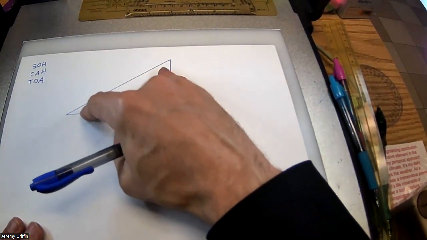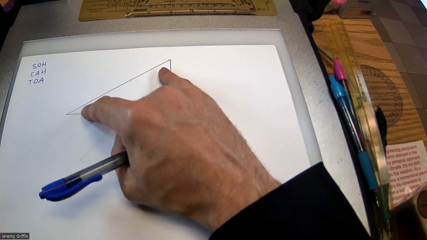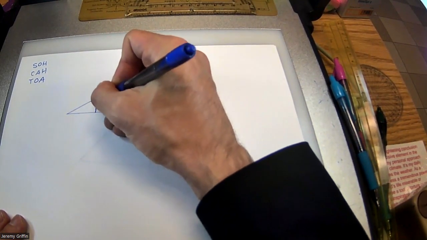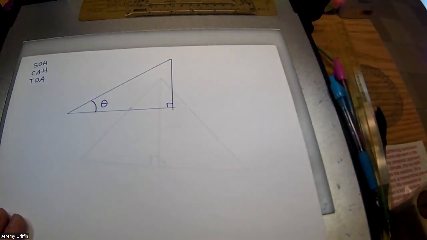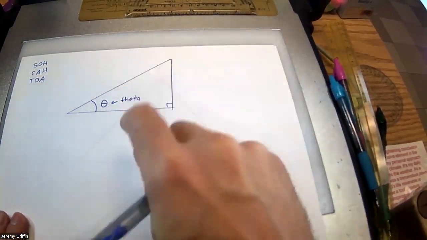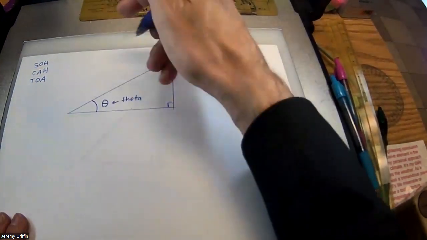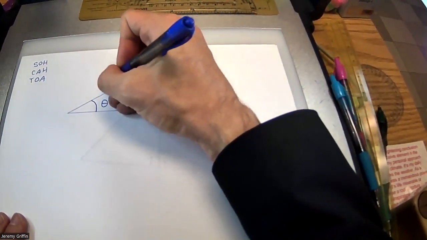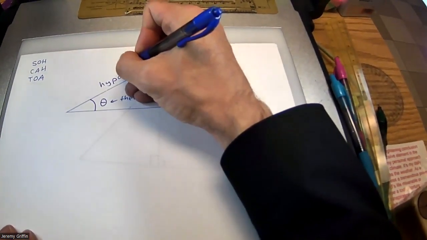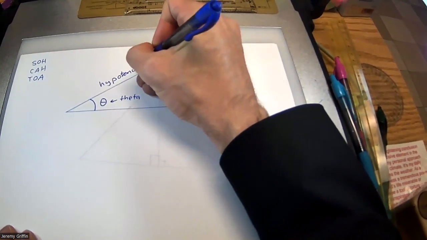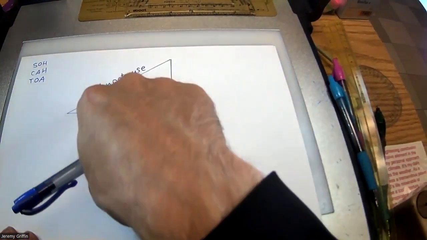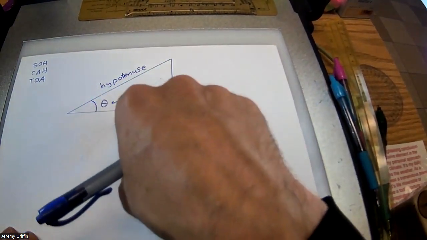Now I have two acute angles, so I need to specify one of those angles as a reference angle. I'm going to specify this one down here, and I'll call it theta. There's theta. And the longest side of a right triangle is called the hypotenuse. Call it HYP for hypotenuse. I'll spell it out. Hypotenuse. Then relative to this angle I picked, I could have picked the one in the top right, but I picked this one down here on the bottom left. The two legs of the triangle,